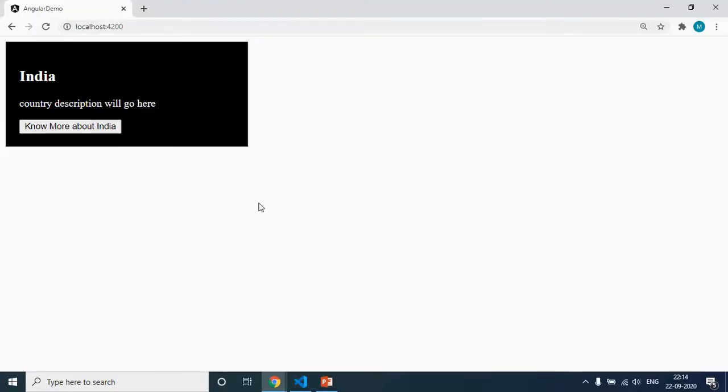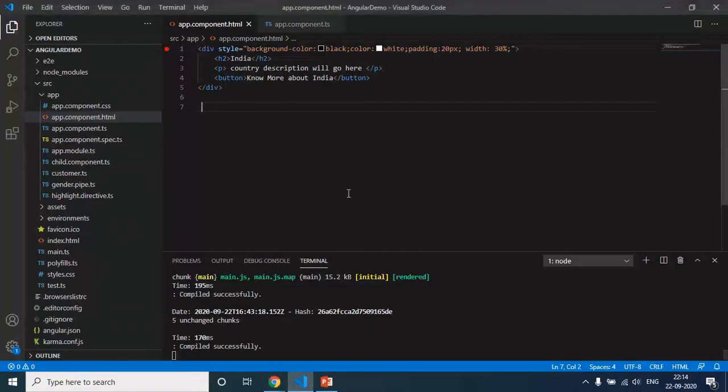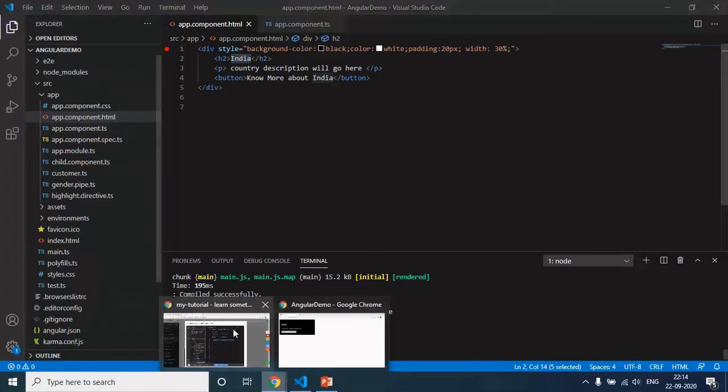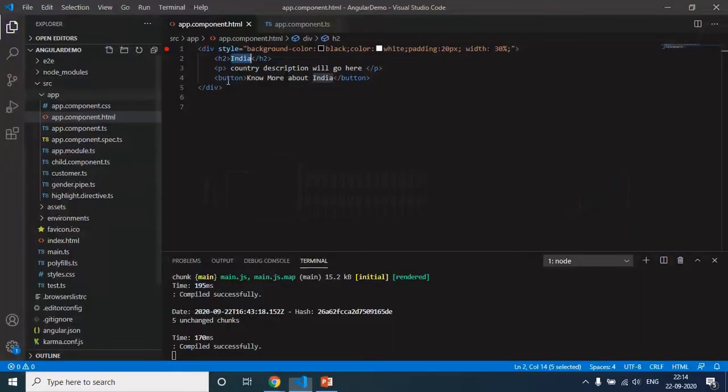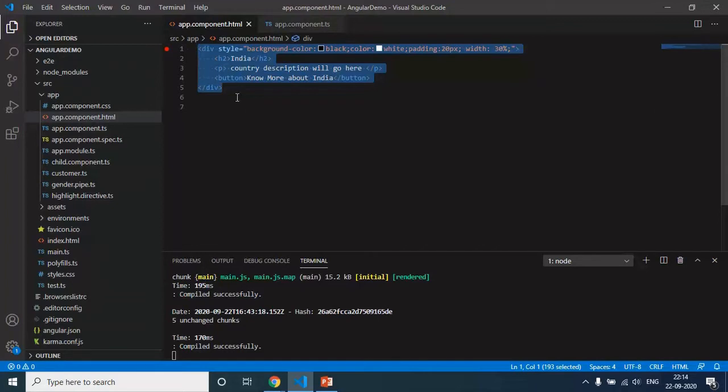Before I move ahead, I would like to say that I will show you a problem statement and then I will try to solve that using ng content, so that it will be much easier for you to understand how ng content works. As of now we have only one list, right? We have only one card, you can say here. Let's say I want to display 3 cards or 3 countries, or 10 countries. What will you do? Will you repeat the code? As of now, yes, I will say yes, I will repeat the code.